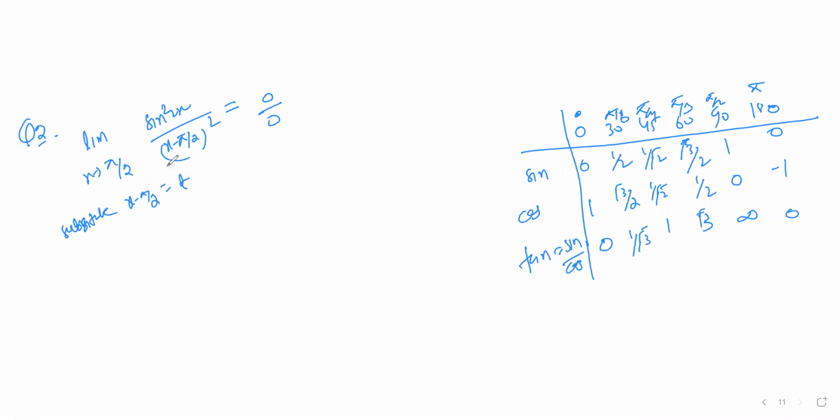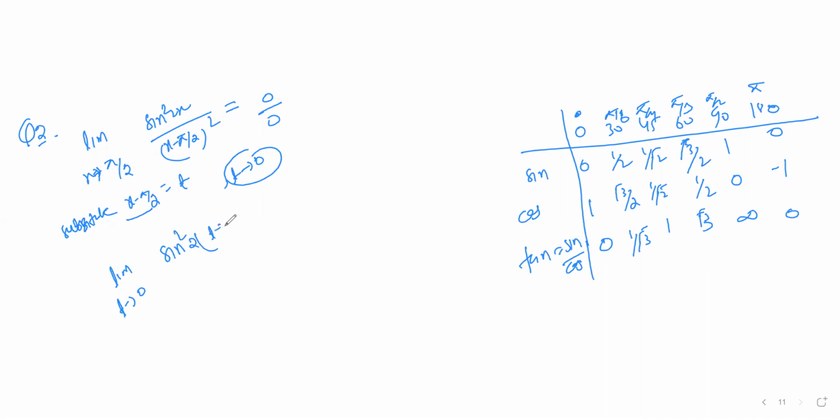X minus pi by 2 is equal to t. Here, x tends to pi by 2 means we can write t tends to 0, because the limit will change. So it will become t tends to 0, and sin square 2 into